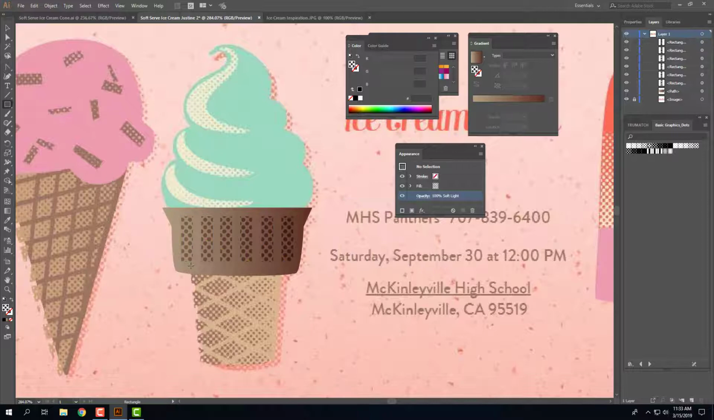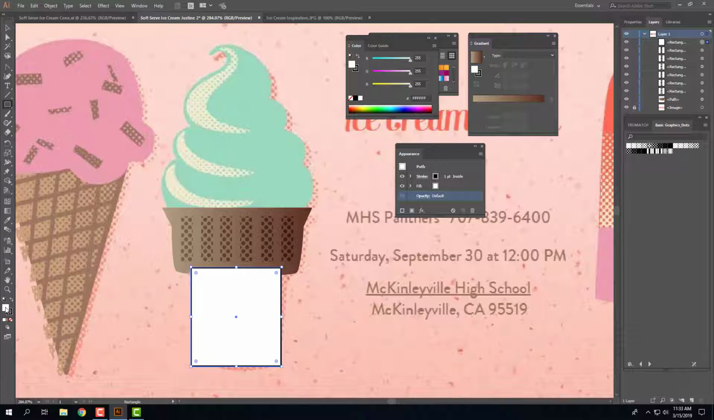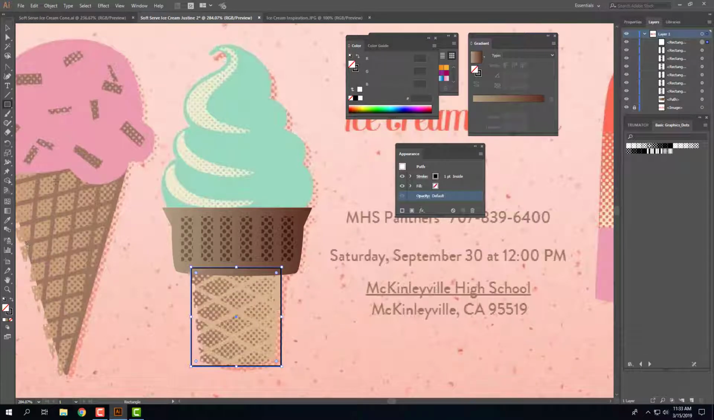So I'm going to stop there and move on to creating the bottom part of the cone. Rectangle tool, click and drag to draw out my rectangle, and I'll set this back to the defaults and change the fill to none so I can see what I'm doing. Now I'll take the direct selection tool, grab the corner anchor point, drag it in so it matches,